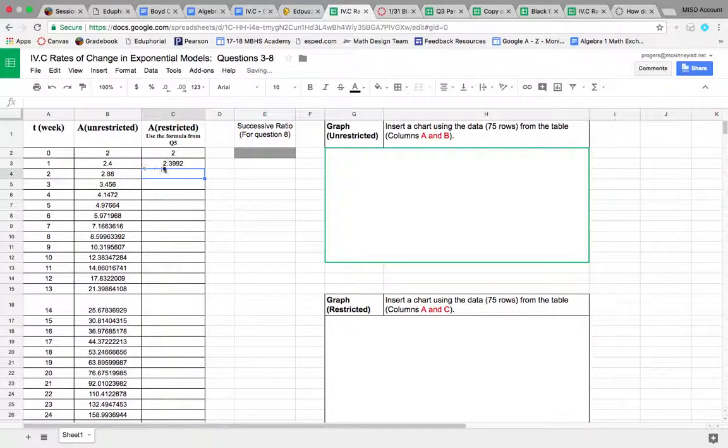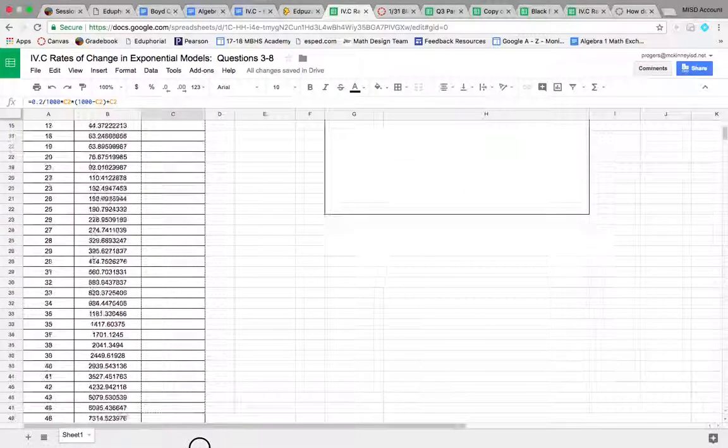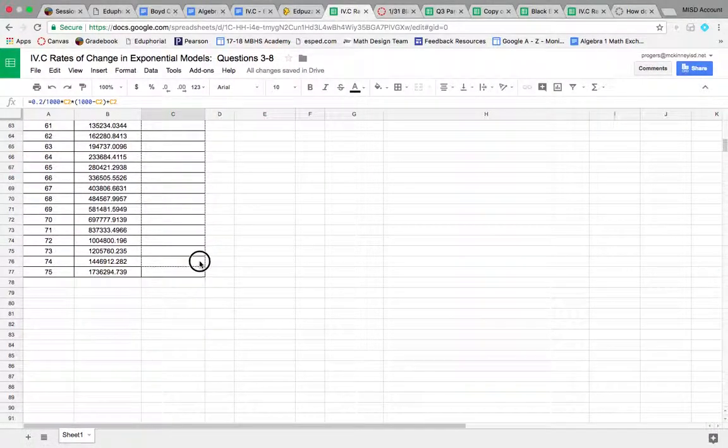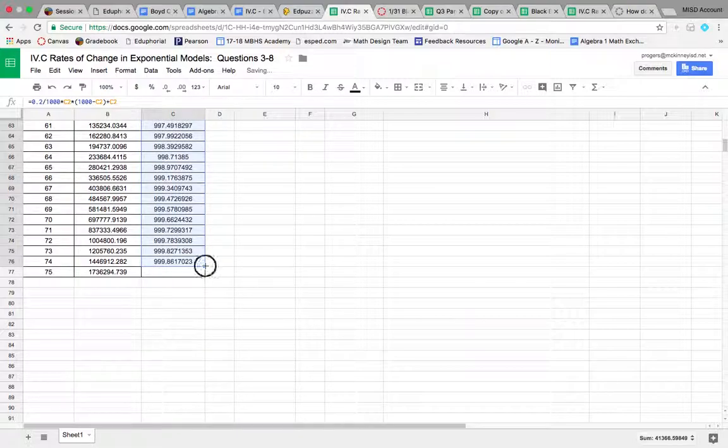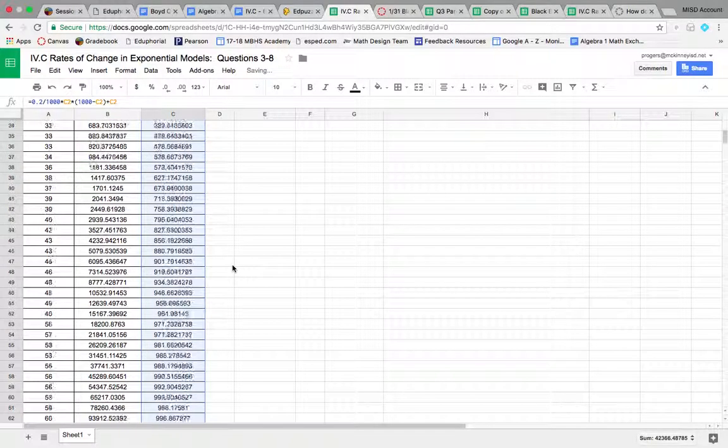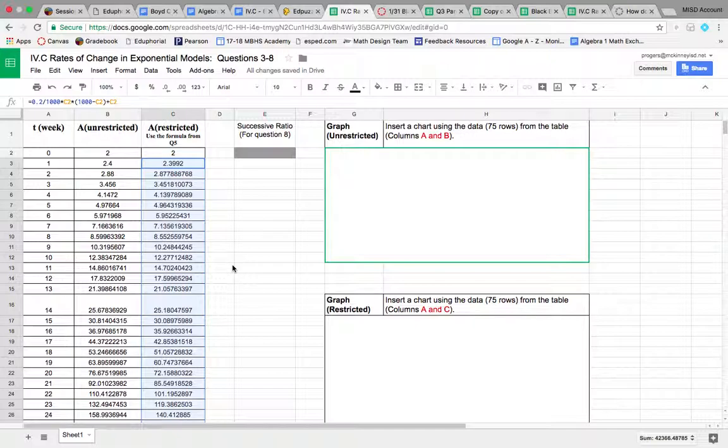And right now they're pretty close. We're going to drag now to populate the rest of our cells because we want them to go all the way down to 75. Whoops. There we go. All right, so now that we know how to type in formulas and get them to populate,